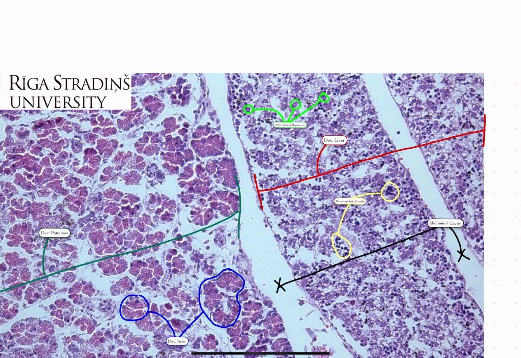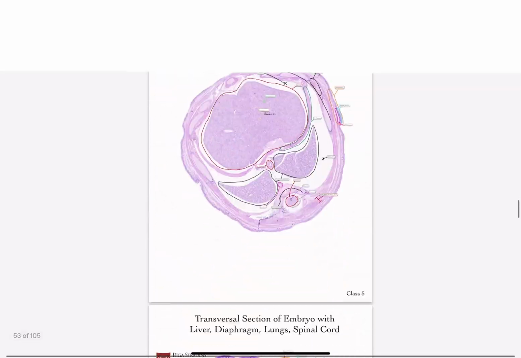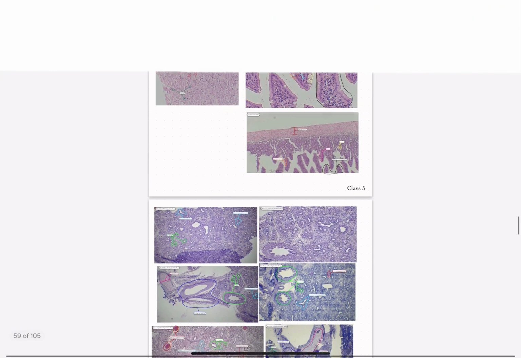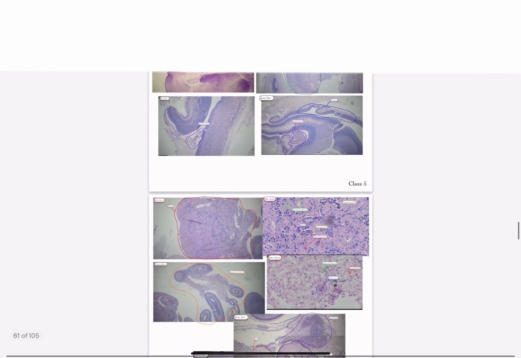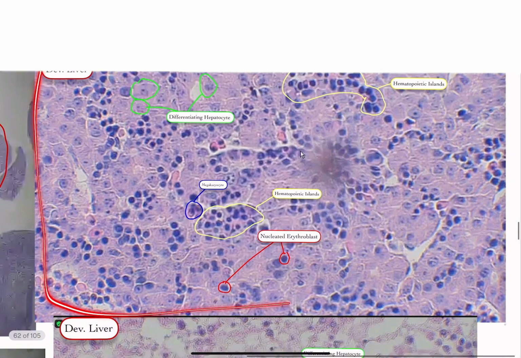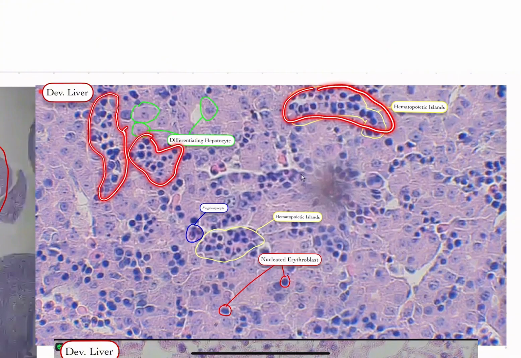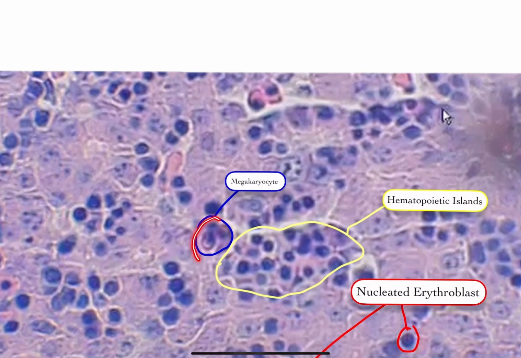The last structure in the developing liver that I'm going to talk about is the megakaryocyte. And it's a specific multinucleated cell that we can find within the developing liver. Can we find it here? Yeah, kind of. So this is a microscopic image of the developing liver. You can see here all of these bunch of dark nucleated cells are hematopoietic islands. And then we have these very, very pinkish cytoplasm, almost neon, that have several nuclei inside them, known as the